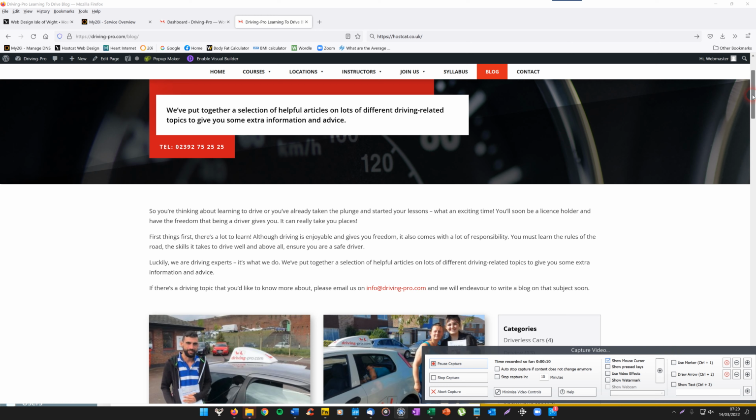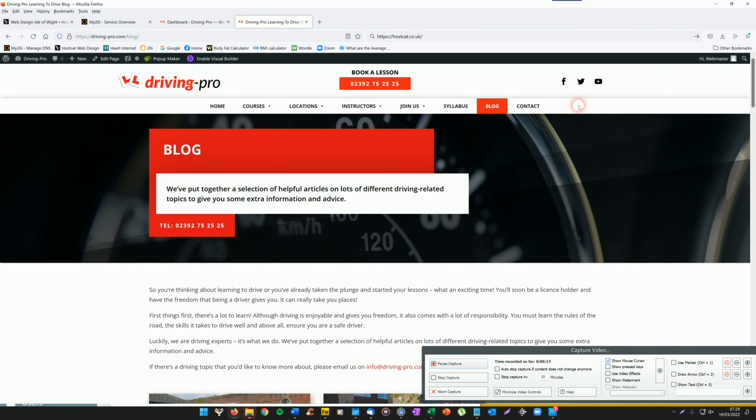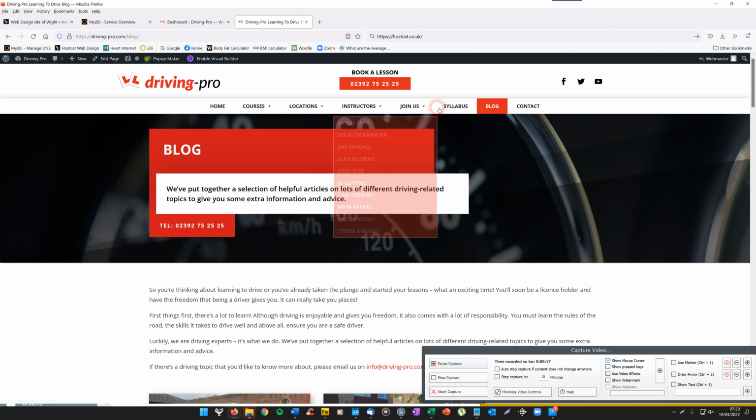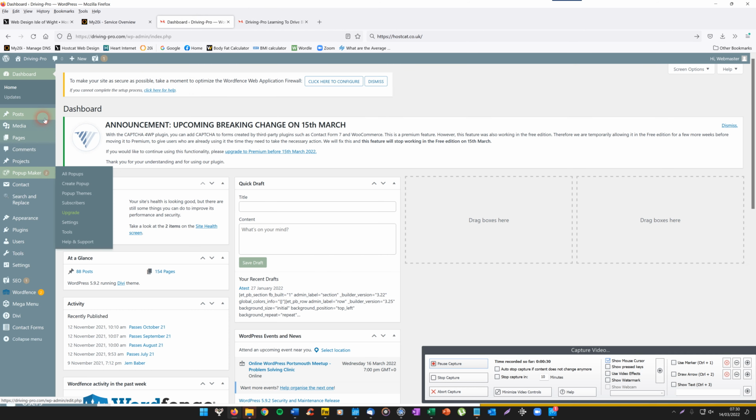The main thing that I'm going to start with, Liam, is just to show you how to add and remove items in the drop-down navigation menu at the top, because that's quite a simple one actually. As usual, I've got one page open on the front of the site, and in another tab, this is where I've logged in to the back end. So what you look for is you go to Appearance, then the fourth one down from the drop down for Appearance, you'll see Menus. Click on that,